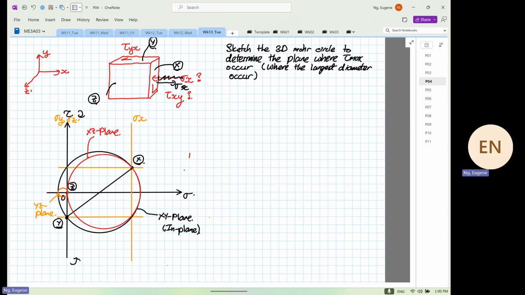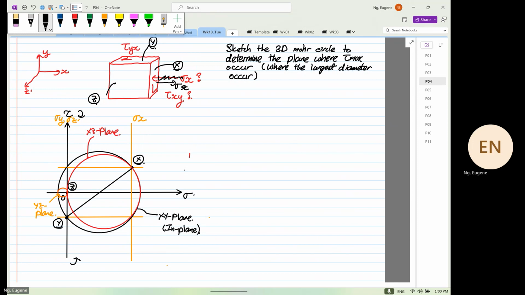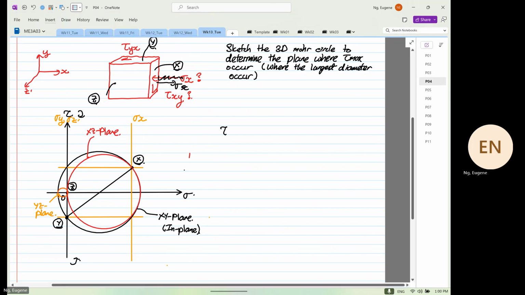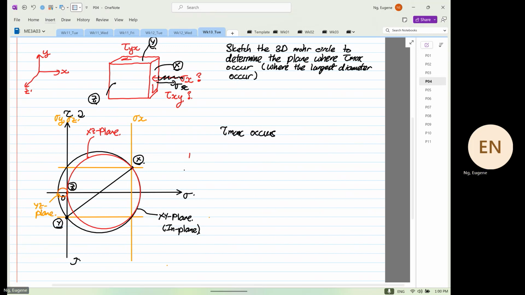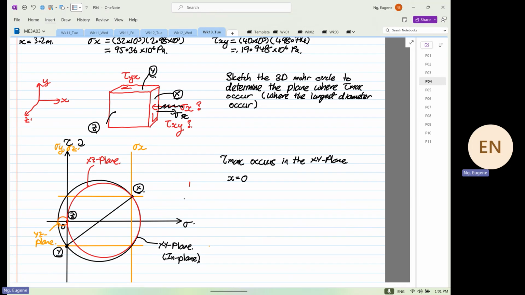So we found that tau max, we have to declare this, okay? So we have to declare that tau max occurs in the XY plane. Okay. And this is true where x is equal to 0.8 meters and where